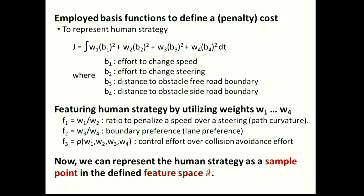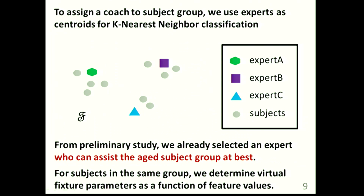It can be a ratio to penalize speed over steering. Actually, it's related to how curvy the path is. Then there is the boundary preference and the ratio between the control effort over the collision avoidance effort of the people. So now if we picture the human strategy, we can express this human strategy as a sample point in the picture space F. If we have known expert data, then we can